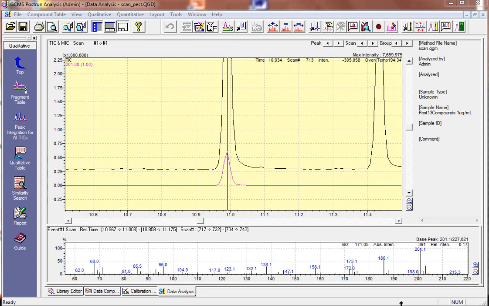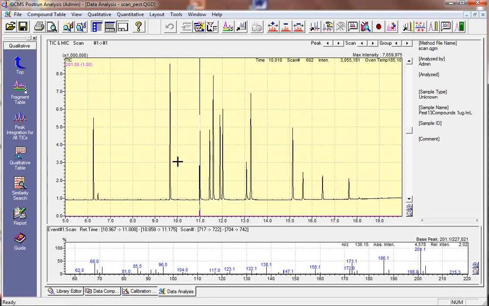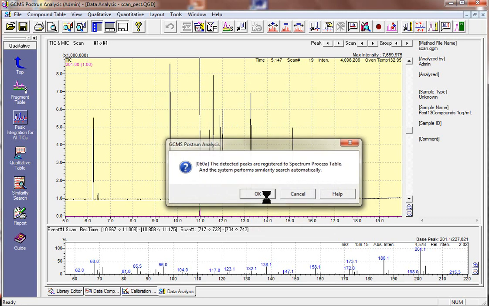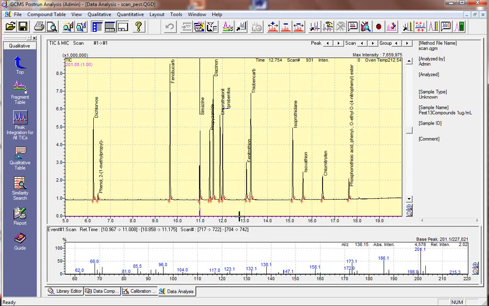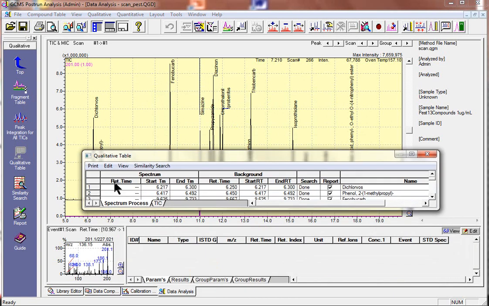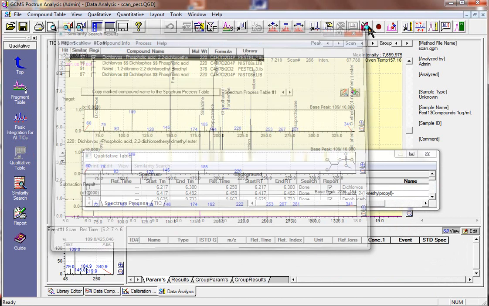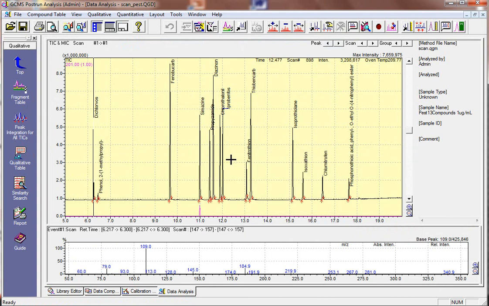This tutorial explains how to set up a compound table. So we first integrate the TIC and we identify all the peaks. This is done as indicated before in the video tutorial, qualitative identification. So here is the identification, and in our qualitative table we have the spectra and we see the correct identification. So producing a compound table based on these spectra